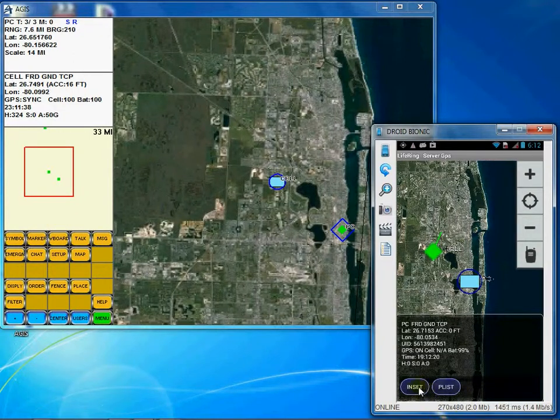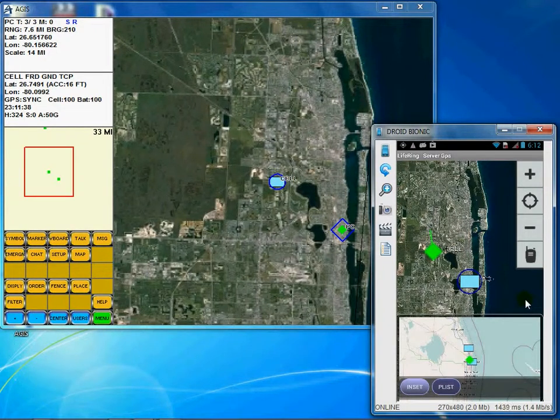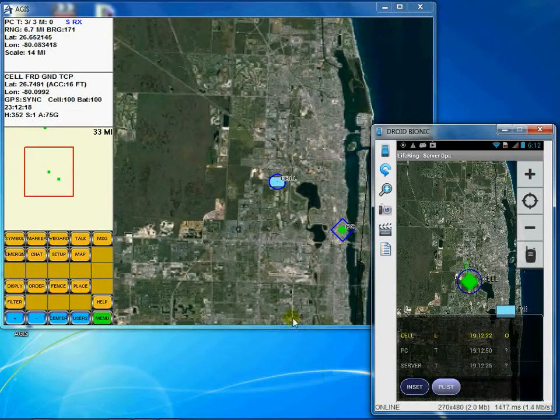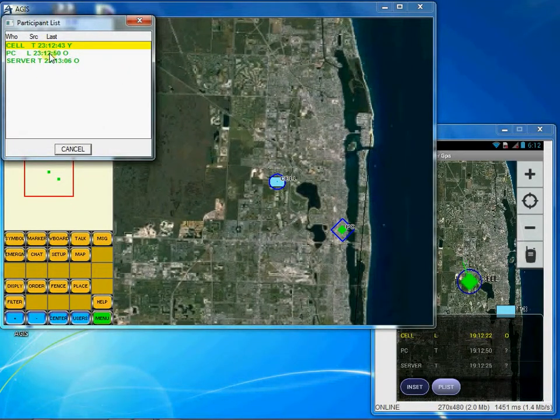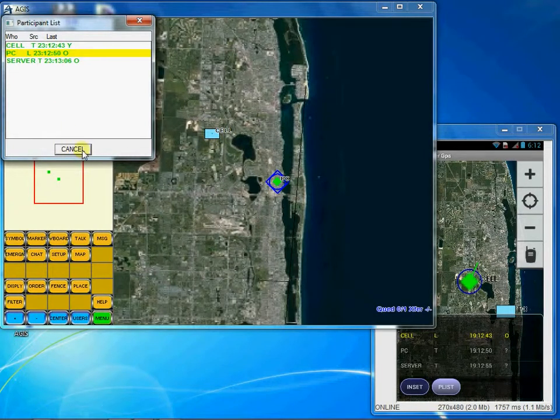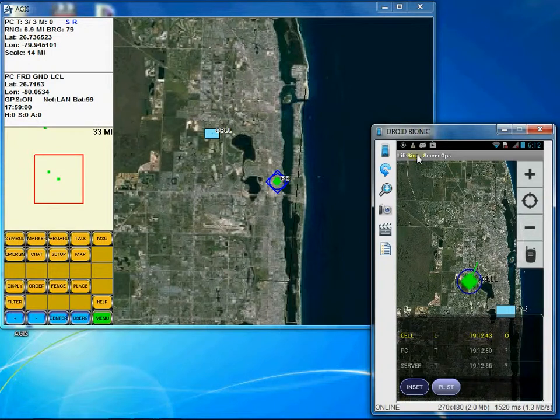You can see that there's an inset button here that when I tap it gives me the same feature on the Android. This will zoom out to show you everyone on your network. Another way to view this is this plist button, which stands for participant list. If I select it, you can see all the users on the network, and I can actually tap their names on this list to be able to switch back and forth between them if desired. You can see that by clicking this Users button here on the PC. And you can see again that you can switch users. I'm going to go ahead and cancel out of that, and on the Android I can back out using again